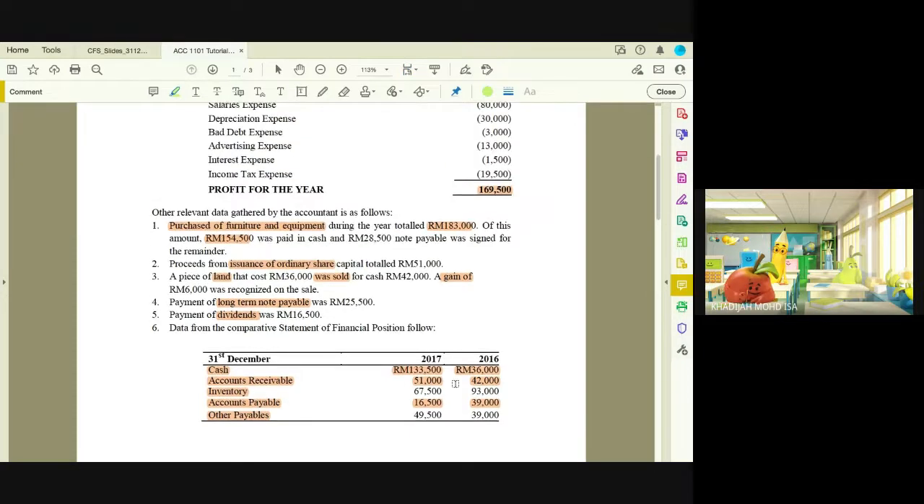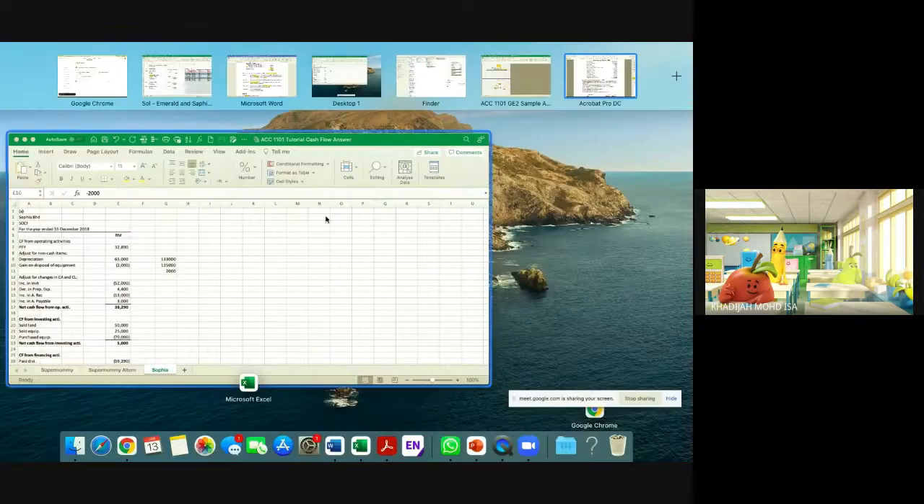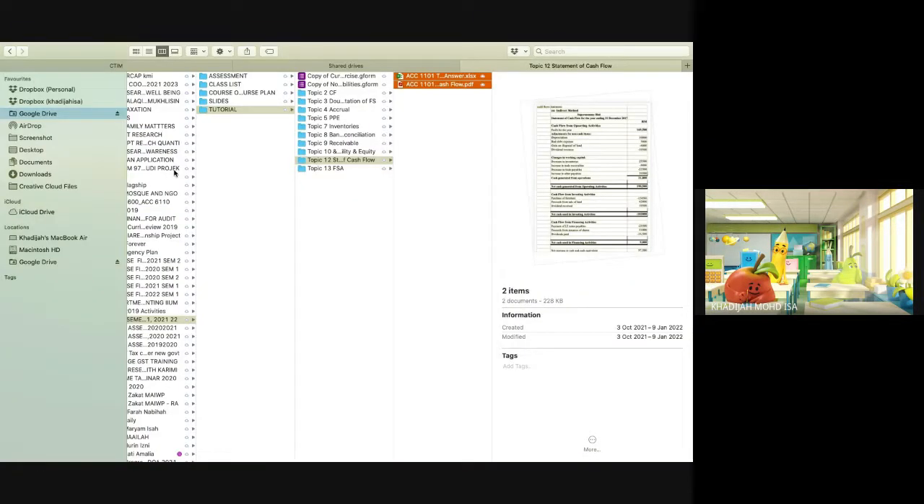That's why in the earlier slide, it does not show you how to prepare it. Let me check, give me a few minutes. I check my other